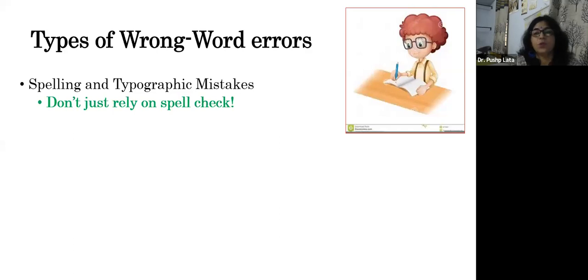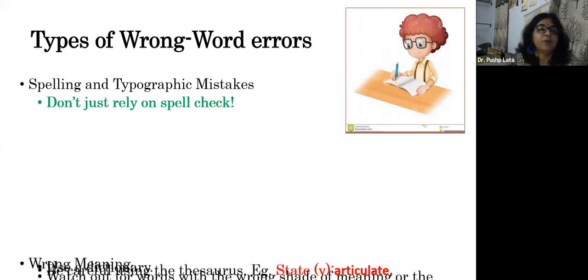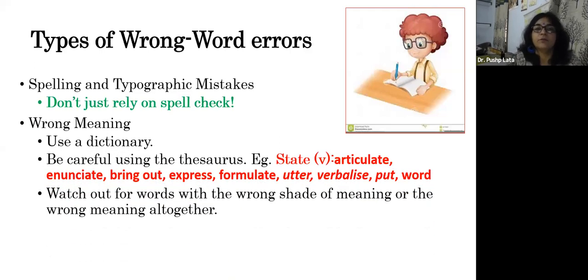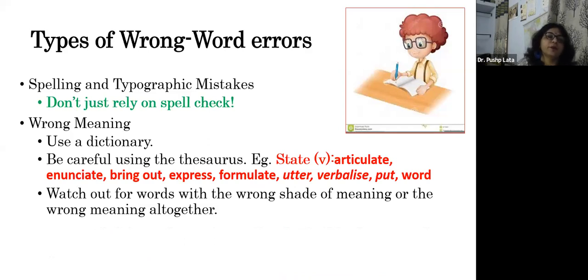Please don't do that. Let me tell you, let me caution you, read your document first on your own very carefully. If you want to check with the help of spell check or maybe Grammarly, then go word by word, so that you should not make mistakes, because if you go blindly with that, it may play havoc on your document.